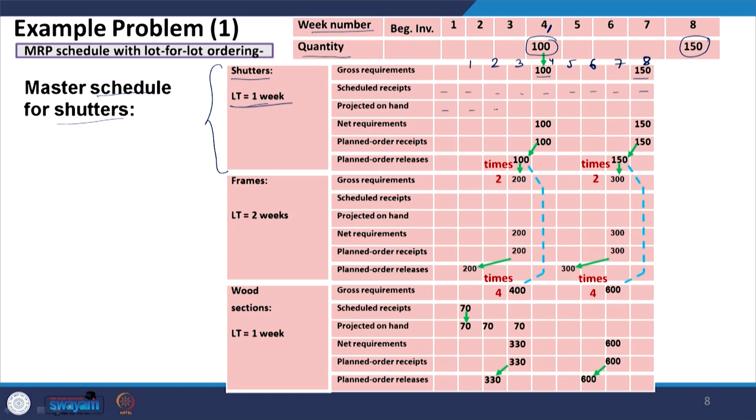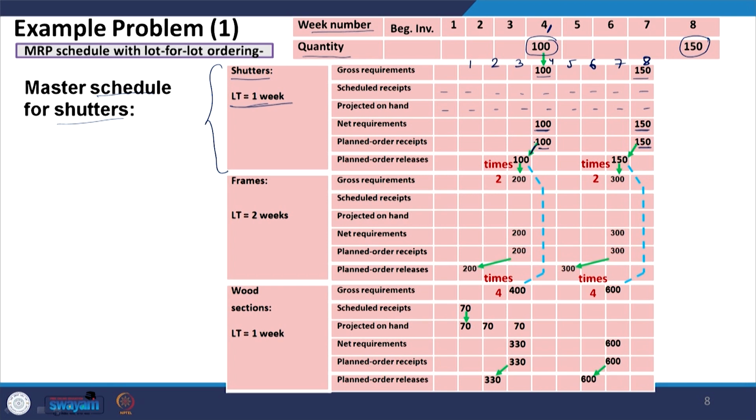So, there will not be any projected on hand also. So, finally, the net requirement will be 100 in the 4th week and 150 in the 8th week. So, you want to have 100 on the 4th week and 150 on the 8th week. Since the lead time is 1 week, you will place an order,